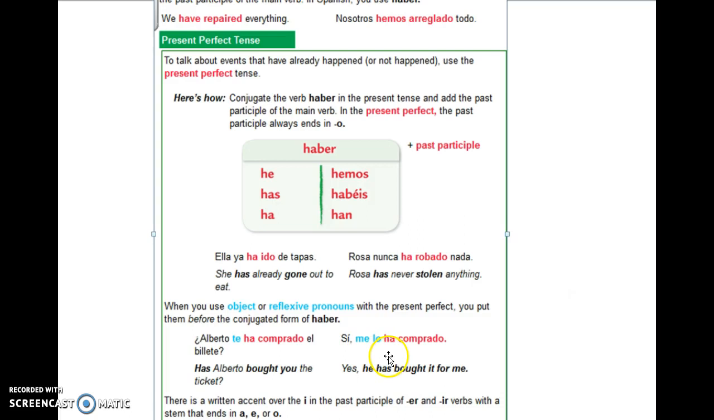Here's really the simple way to remember this. Because of this being a compound tense, where two different verbs are working together to express one thing, those two verb forms cannot be broken apart. You will never have anything go between the form of the verb haber